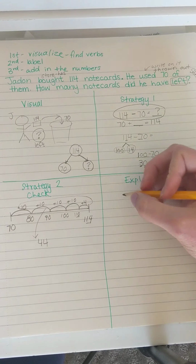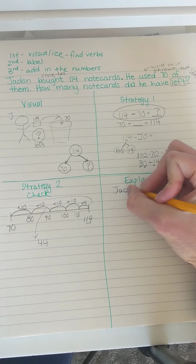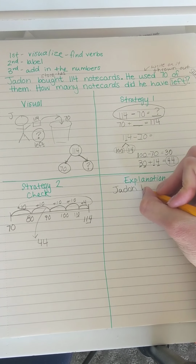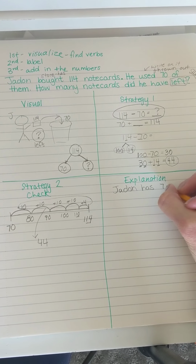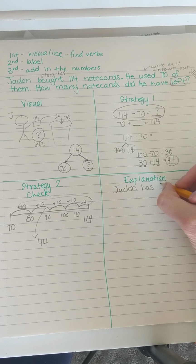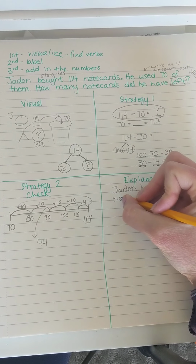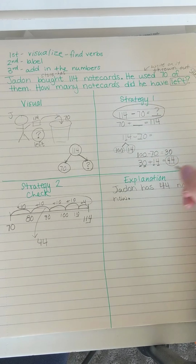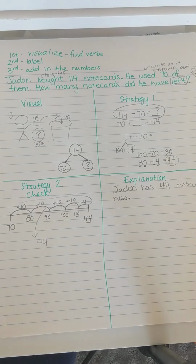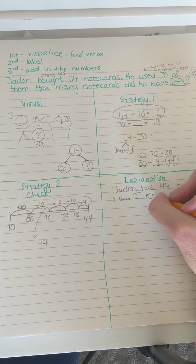So then in my explanation, I will just say, let's start with the person's name. Jaden has, nope, he doesn't have 70 now. He has 44 note cards now, or left, right? Okay, now to explain, I would say something like, I know this because